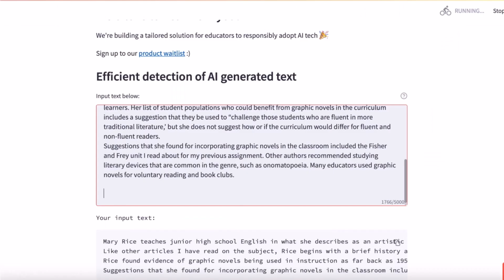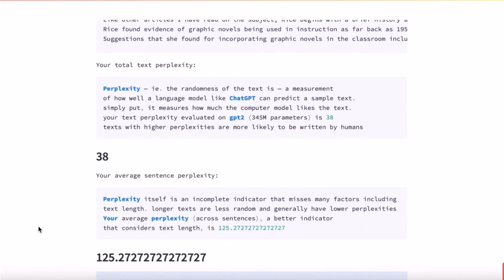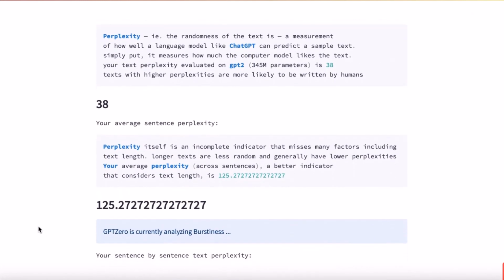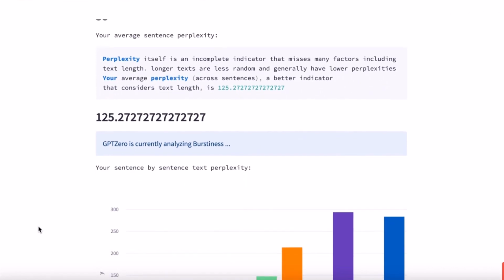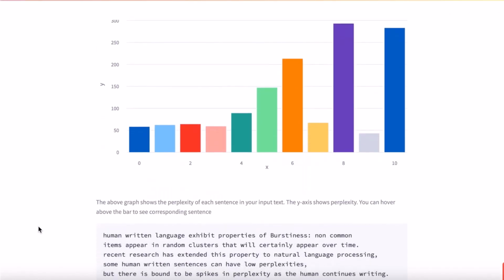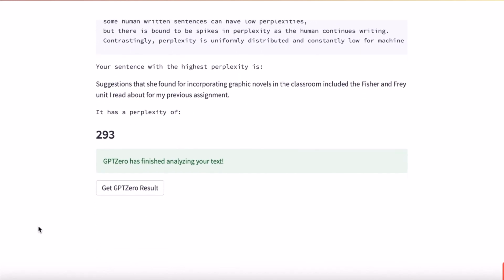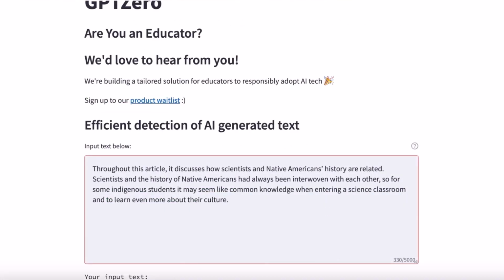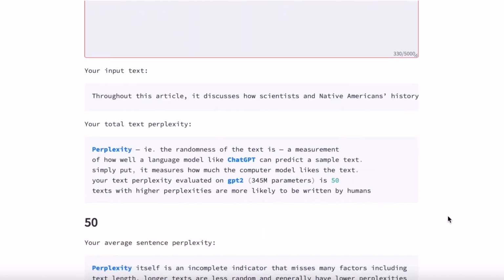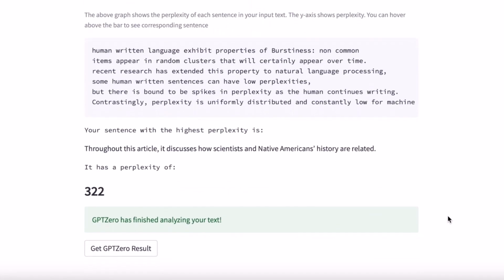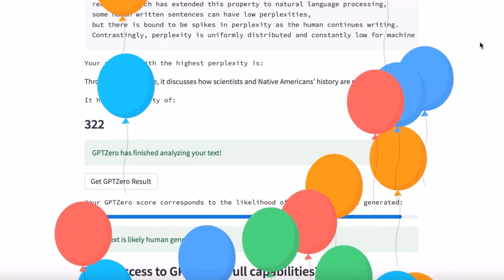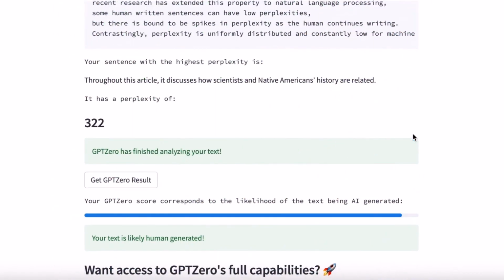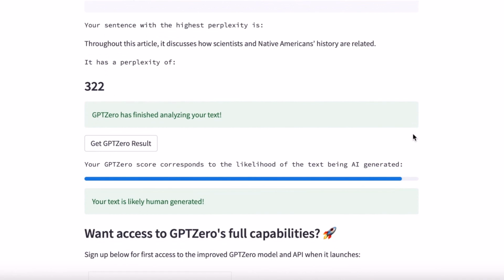Let's take a look at something written by a human, me, in education grad school. You can see how much higher the text and sentence perplexity is. We'll compare those graphs of all of our samples later on. My overall score is 94. This was human generated. Let's try an undergraduate sample of an introductory paragraph. The graph has only 2 bars because it's just a short paragraph. And it doesn't give us a number result here because it's too short a sample, but it does tell us that it was likely human generated, which it was.